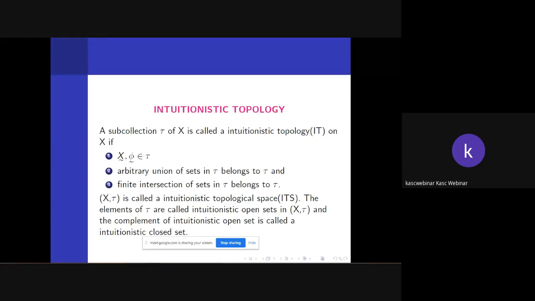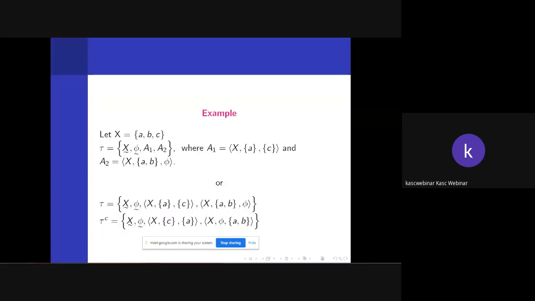You're putting intuitionistic set on that topological space. So you call that space an intuitionistic topological space. So elements of tau, you call intuitionistic open sets, and its complement, intuitionistic closed set. So I have given an example of how to define an intuitionistic topological space. So X is ABC. You have a subcollection tau: the intuitionistic whole set, intuitionistic null set, A1 and A2. In two ways you can define. So A1 and A2, where A1 is an intuitionistic set, X, AC, and A2 is